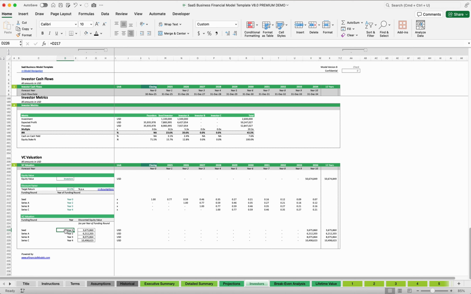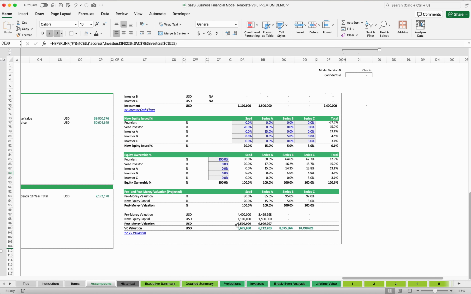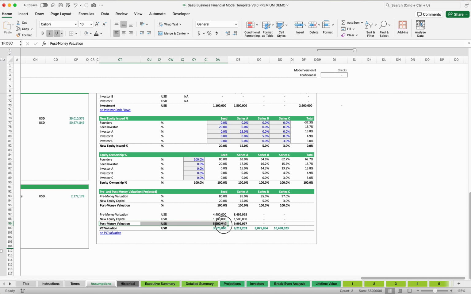This means we discount down to year 0, basically as of today, because the funding round is in year 0. For Series A, this comes later, that's in year 2. So we do the discounting a bit differently, it takes into account fewer years of discounting, and that's why the value rises. And by doing this, now we can go back and compare,